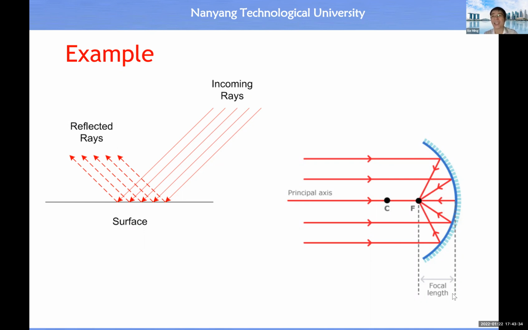Now you start to encounter some technical terms, okay, used in optics. And also you see another technical term, which is called the principal axis, right? So you see when light comes through here, it will pass through the focal point without deviation, straight, then okay, continue, and here you will hit the surface, all right? So that is a special light path. So we call it the principal axis,